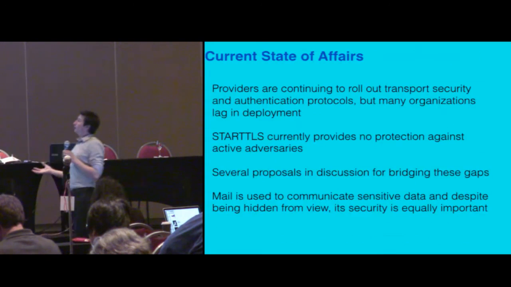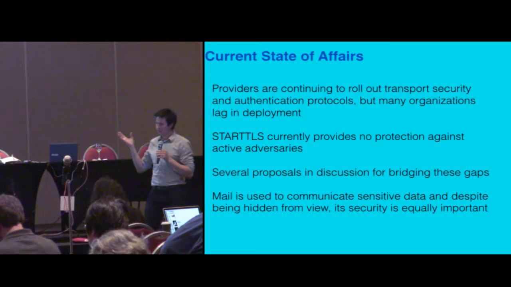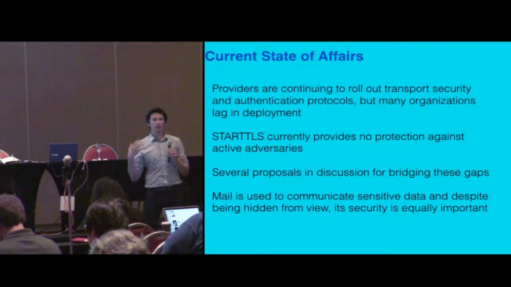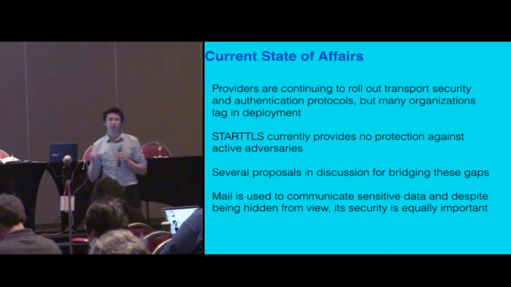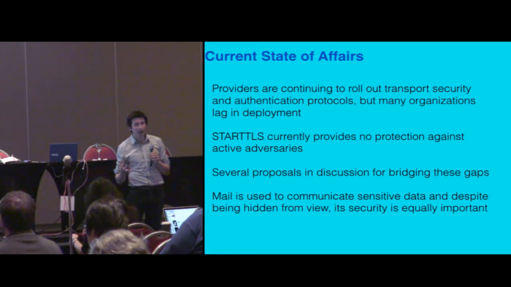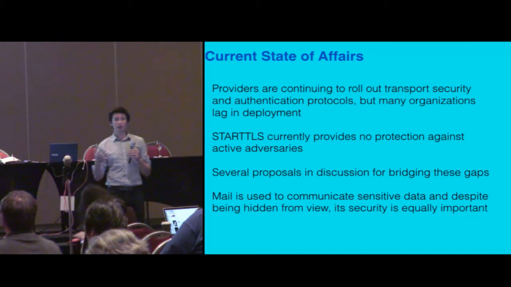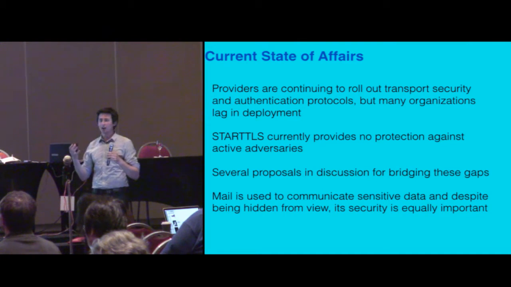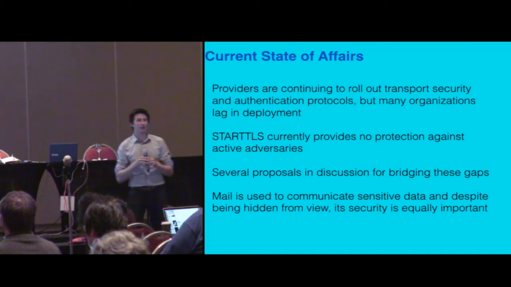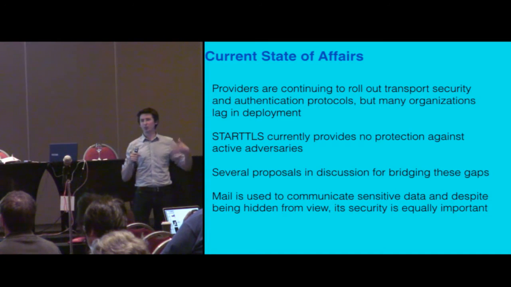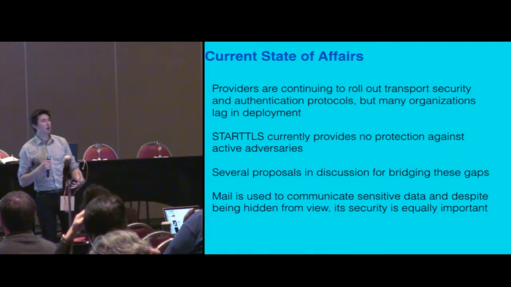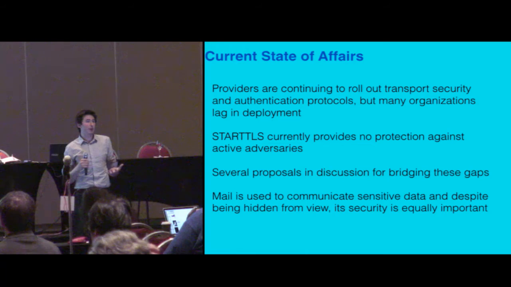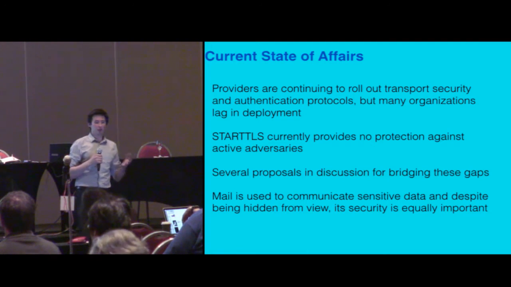So providers are continuing to roll out transport security. The last slide we saw, it's starting to get better. People are starting to look at it and think about it. But we're still in the state where we don't have a protocol that really protects against active attacks. And we're going to continue to deliver the mail no matter what. And that's where this title comes from: neither snow nor rain nor man in the middle nor whatever else comes along your path, that mail is going to go through. The user doesn't know, but it may or may not be encrypted or may or may not be altered, but that's where we are today.